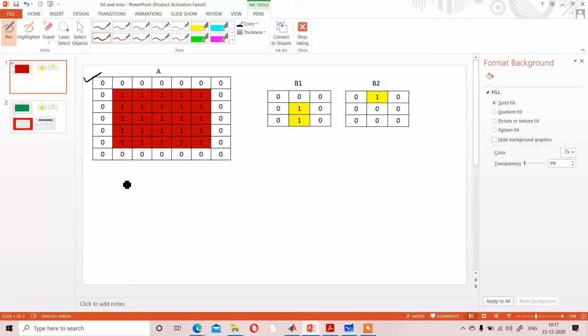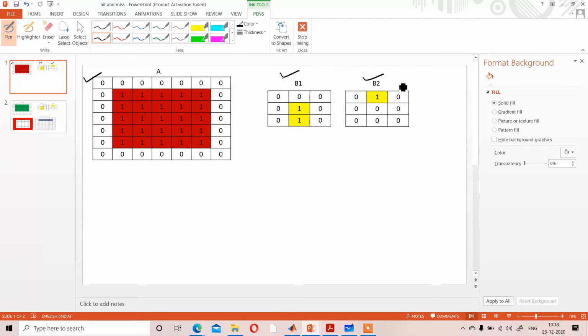So obviously this is also a black and white image, and these are two structuring elements. Keep in mind that I have shown you structuring elements in the format of disk, square, like that, but a structuring element may be anything, 3 by 3 size or 5 by 5 size, depending on your requirement. If the structuring element is provided, you have to work over that. So here the structuring elements are provided as B1 and B2.